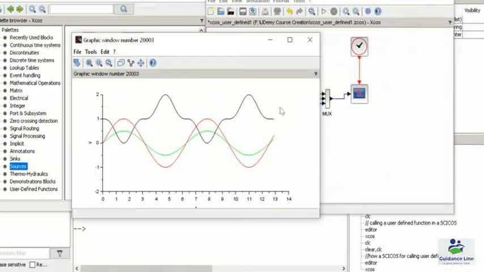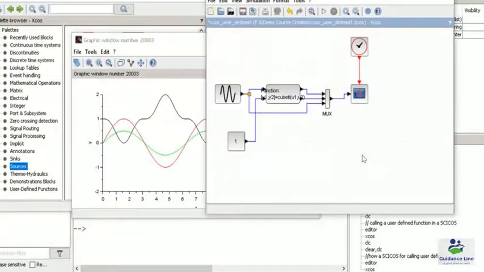As you can see, it is very simple to get all the waveforms in Xcos, and we can easily use a user defined function in Xcos. Suppose we have an application with a lot of analytical equations, we can easily provide a specific input to user defined functions, where we can write all those equations, and then analyze the results. So Xcos is a very important and significant tool from the scientific computation point of view.